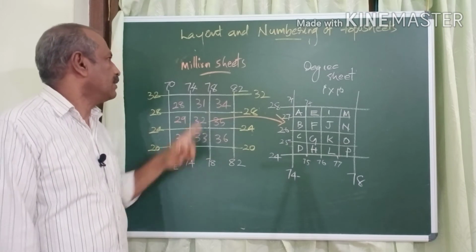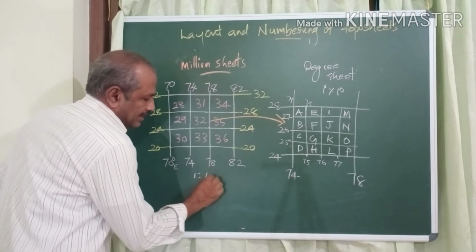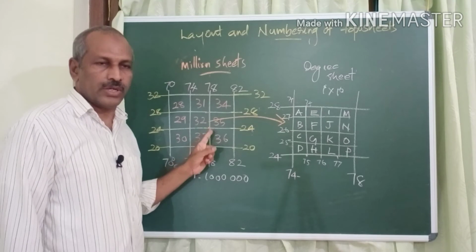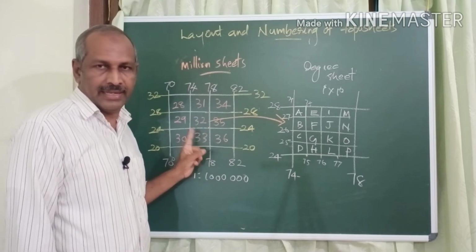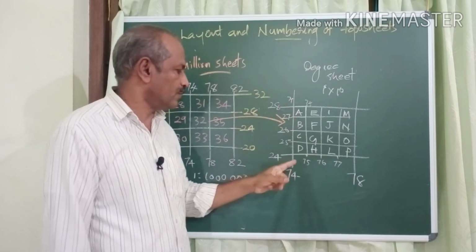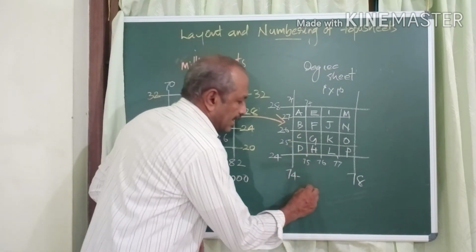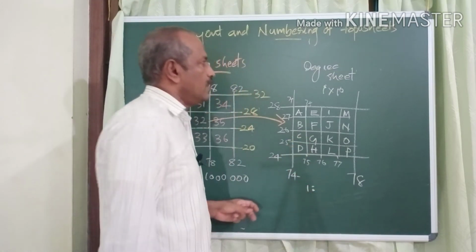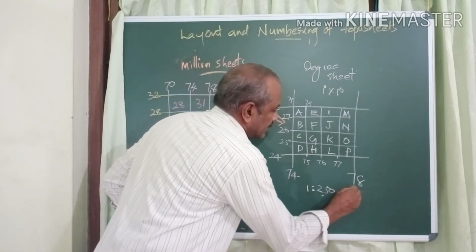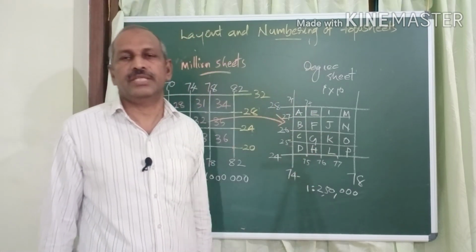I have told you that a million sheet is prepared using the scale of 1:10 lakh, and it has 4×4 degree latitudinal longitudinal extension. Here the degree sheet is 1×1 degree latitudinal longitudinal extension. So 10 lakh divided by 4, the scale of a degree sheet is 1:250,000. 2,50,000 is the scale used in the degree sheet.